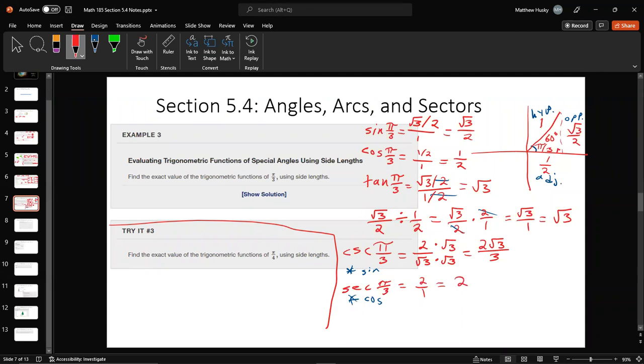Lastly, the cotangent of pi over 3. If we do the reciprocal of tangent, that's just going to be 1 over root 3. That is the reciprocal of the root 3 that we got earlier. And then what we can do is multiply the top and the bottom by root 3 to rationalize the denominator. And when we do, we get root 3 over 3. So when all is said and done,